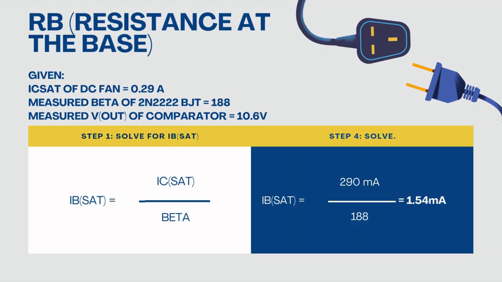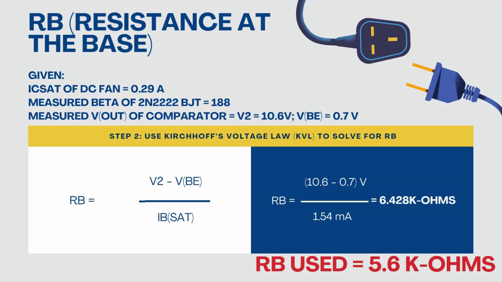Then, using Kirchhoff's voltage law, we have RB is equal to the input voltage, or the output of the comparator, which is denoted here as V2, minus VBE, divided by IB sat. 10.6 minus 0.7 volts divided by 1.54 milliamperes, which is equal to